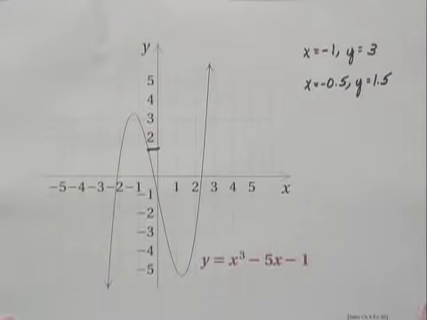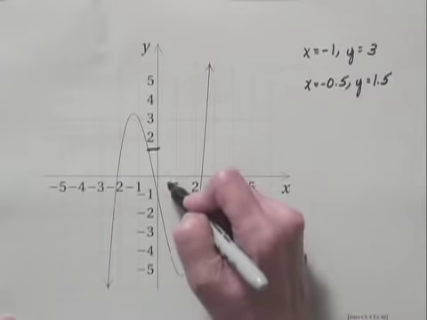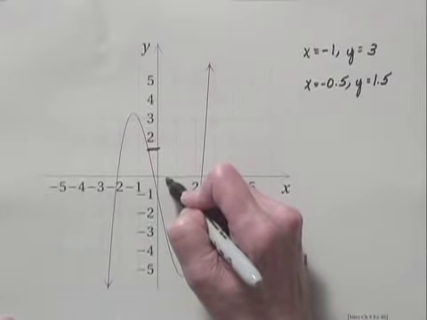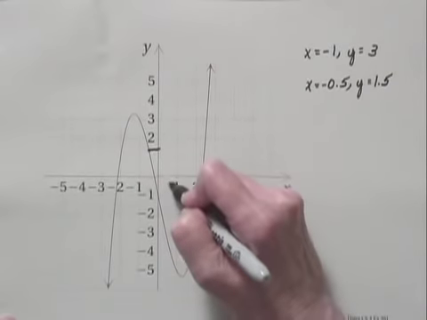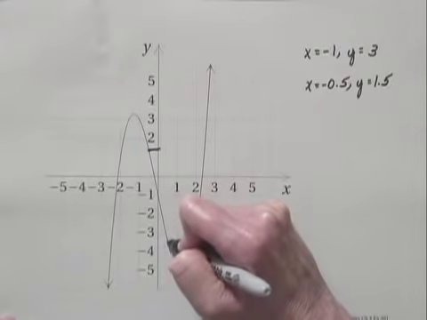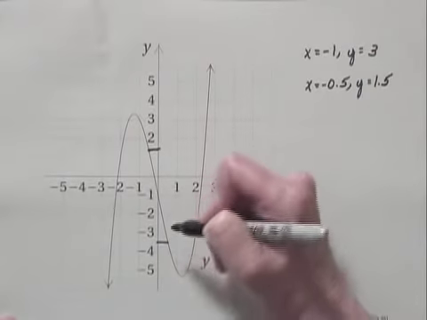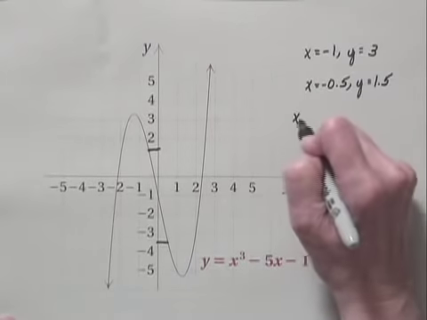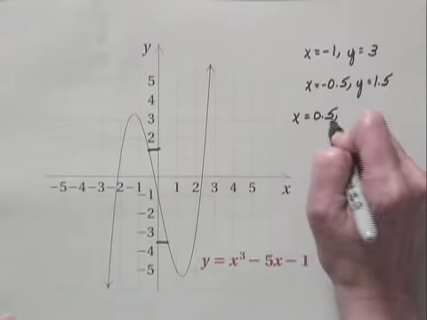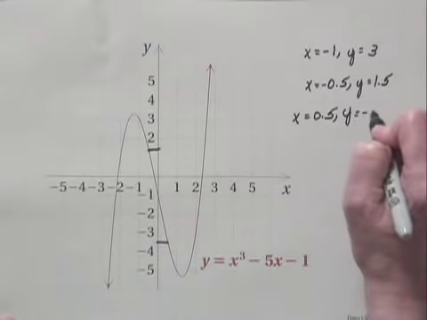Next, we're asked to find the value of y when x is 0.5. So we'll go back to the x-axis, locate 0.5, go down to the graph, and then go across to the y-axis. I'm trying to go down as straight as I can. It looks like we're at about negative 3.5 on the y-axis. So we would say when x is 0.5, y is negative